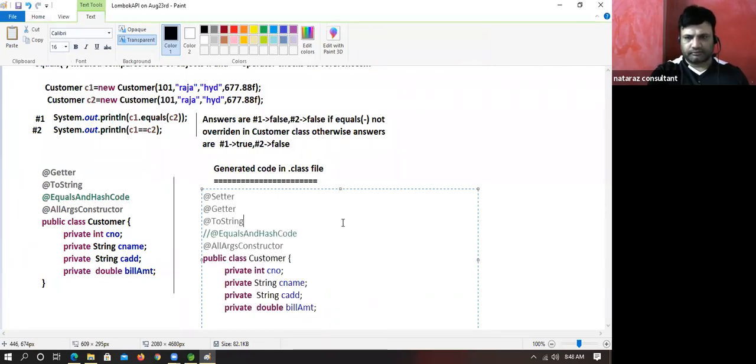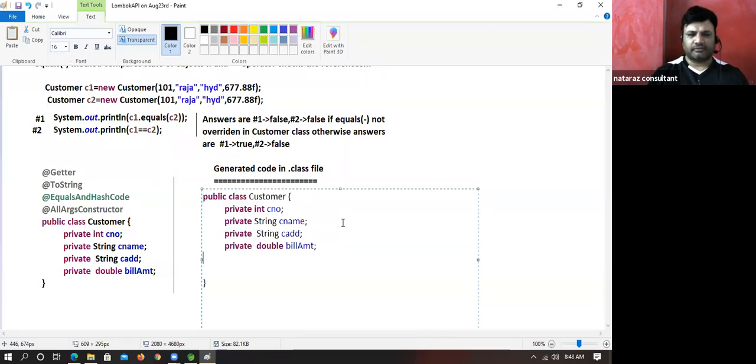According to this, it will have a 4 param constructor. Next one is getters and setters. 4 setters, 4 getters.